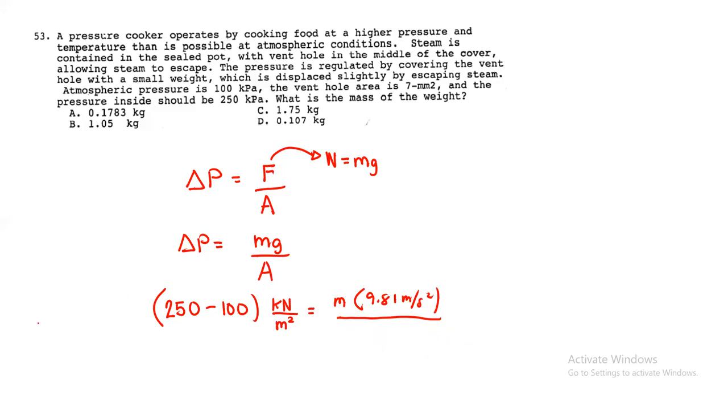So, convert na nga lang natin. So, 7 mm squared times 1 meter per 1,000 mm. Squared rin natin yan, so makakancel to. So, meter squared. Ilan yung matitira dito, guys? So, mass is equal to